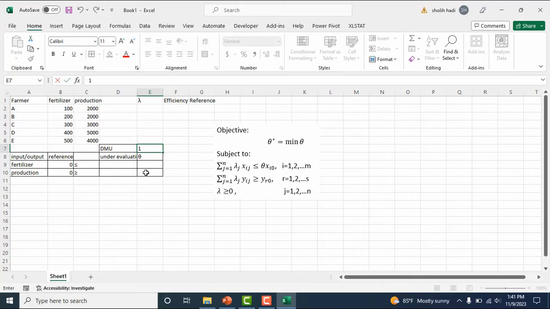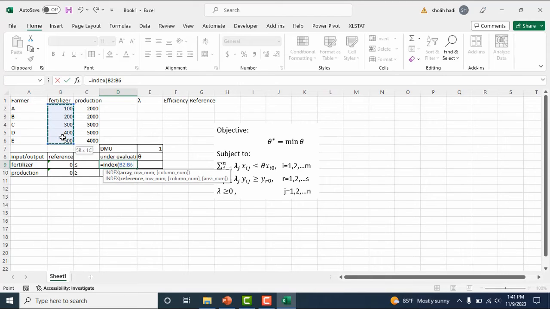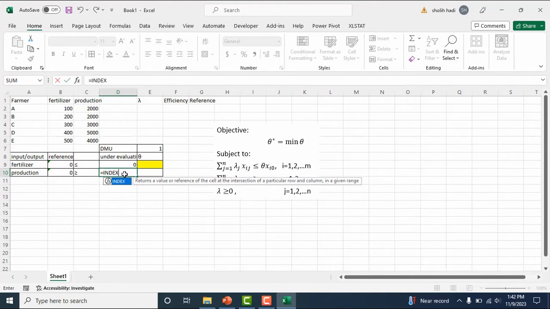DMU number one. Okay, this is the index. Multiply by the index, production here.